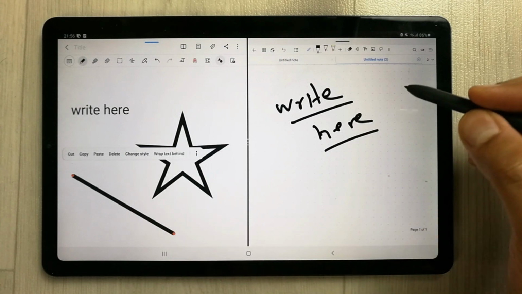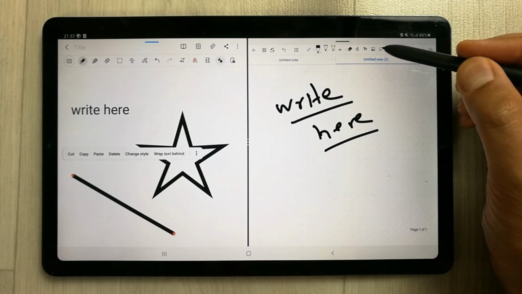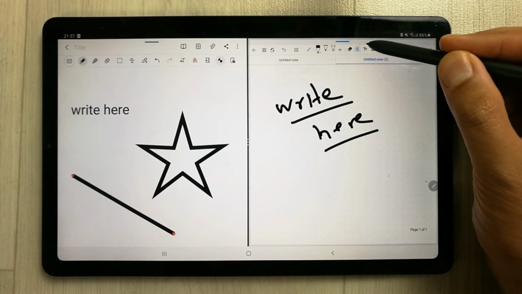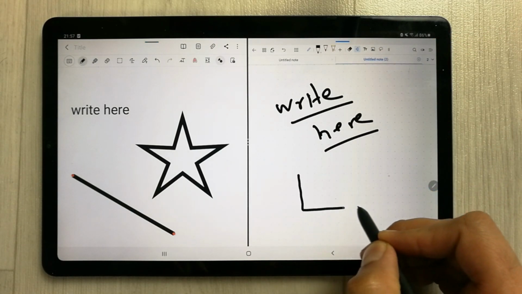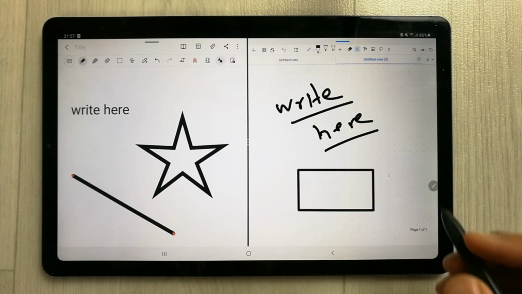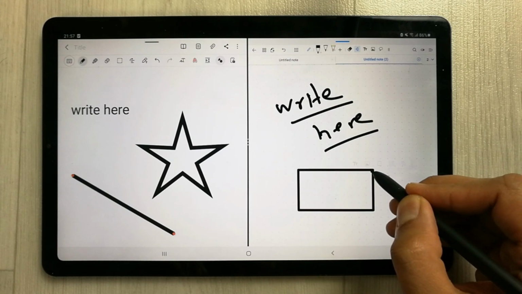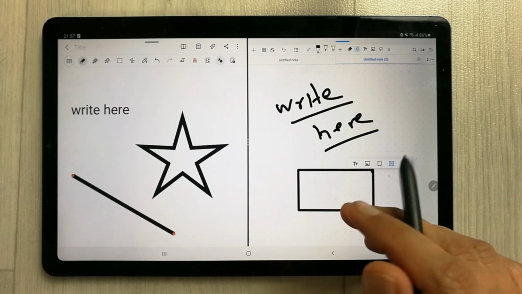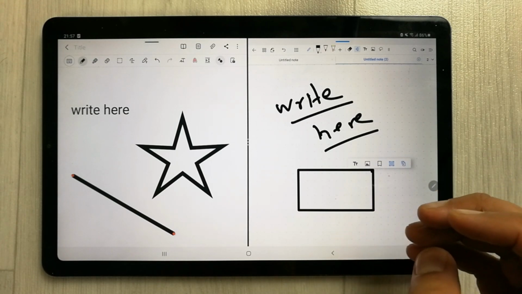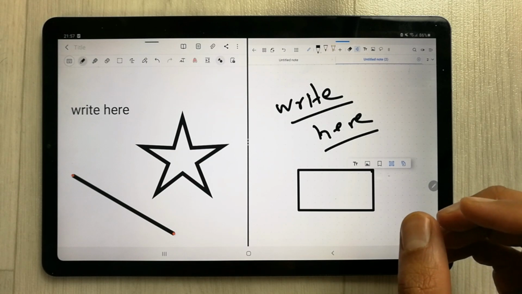On the other hand, Flexil also has this shape tool, but it has very limited features. For example, if I try some box and want to change it, there is no such option. I can only write text inside, but I cannot change the shape, I cannot change the size, I cannot rotate it.